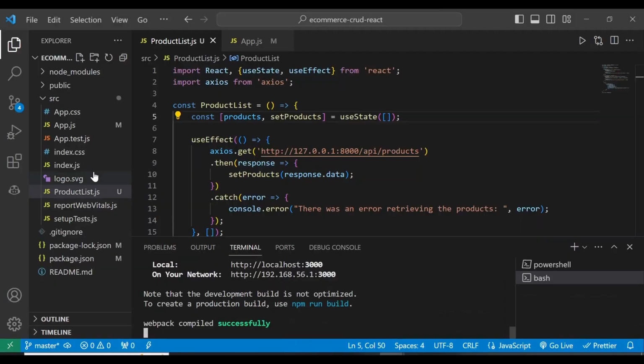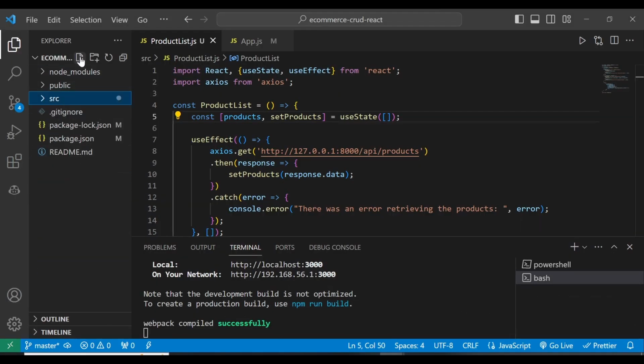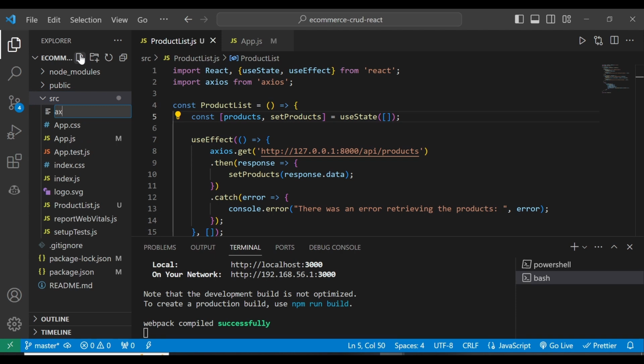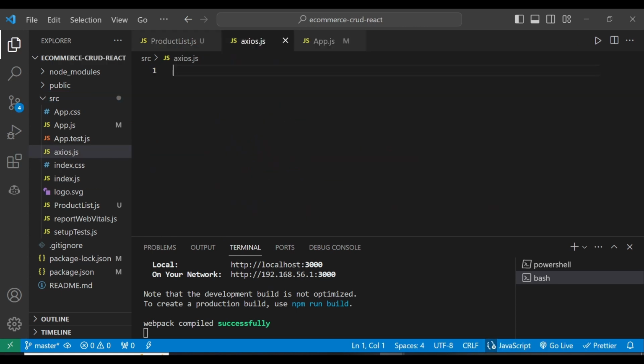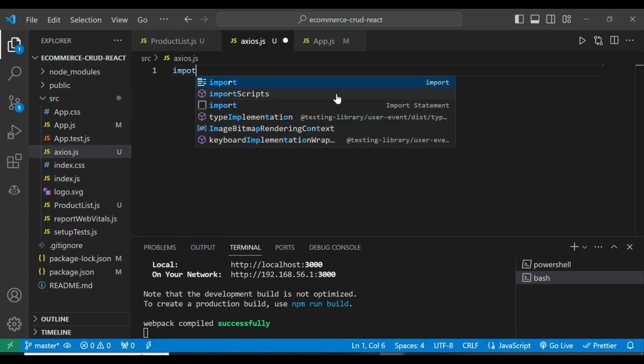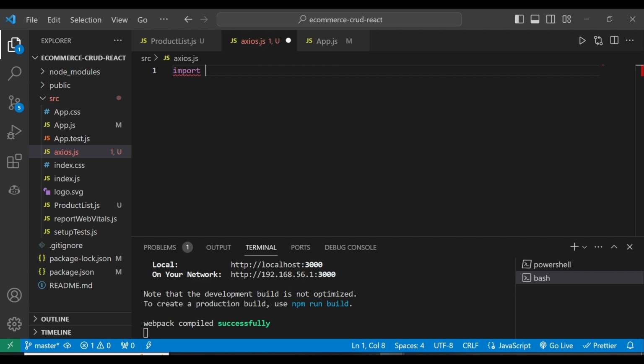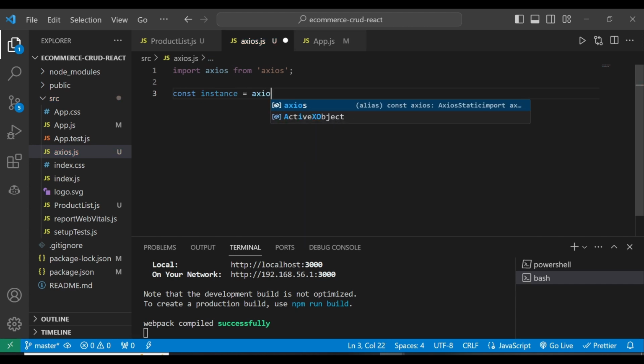So within our application here, in the source folder, I would like you to come here and create axios.js, and then we have that one like that. Now here we can have import, and then here we have import Axios from Axios like this, and then here we'll have const instance, which is equals to,